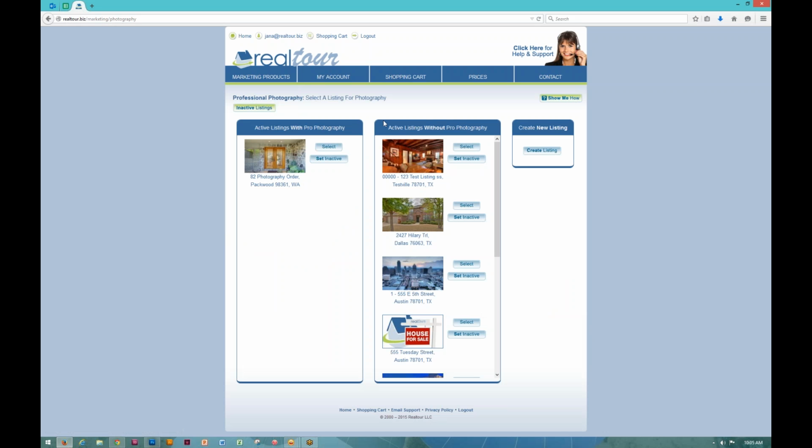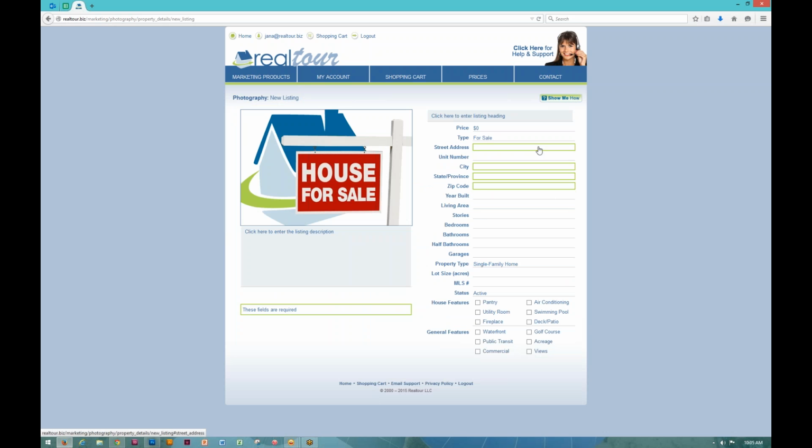They all sit right here on this page. I've got a brand new listing, so I need to click on Create Listing. Okay? This page has a lot of fields on it, but you do not have to fill all of them in. They only need to fill in these 4 required fields, the ones that are highlighted in green, because agents